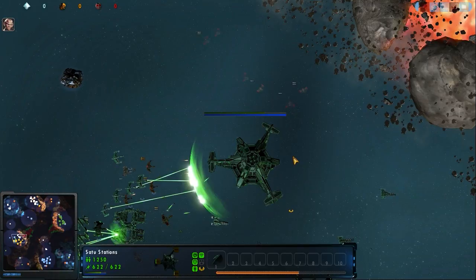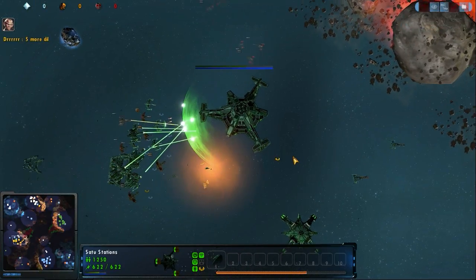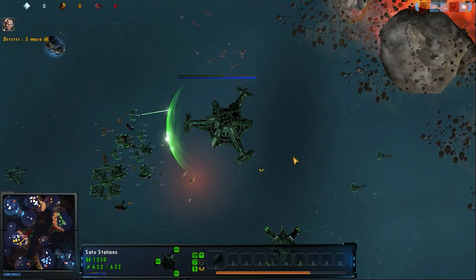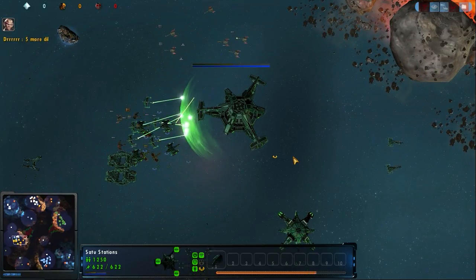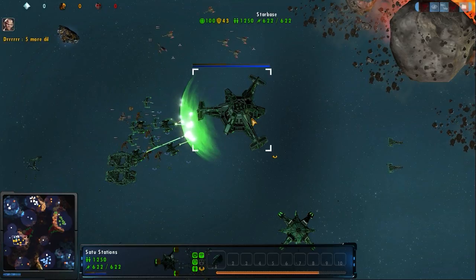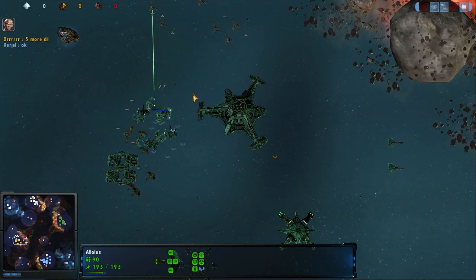Not going to want to engage because he just doesn't have the numbers. The starbase looks like it has been upgraded, or not, because he's noting that he needs a little bit more dilithium, and they are going after it. This is a base-killing fleet. It has Boggz moving in,